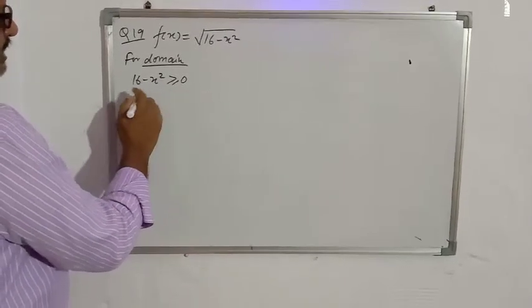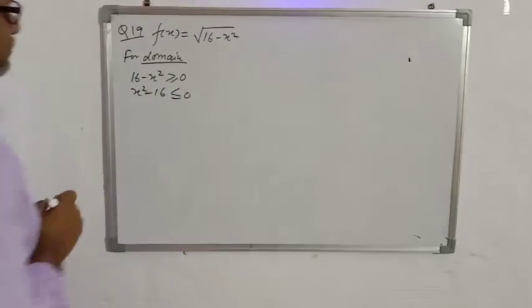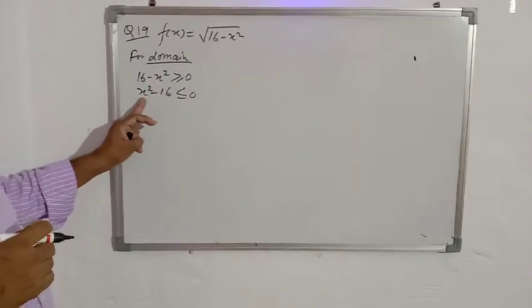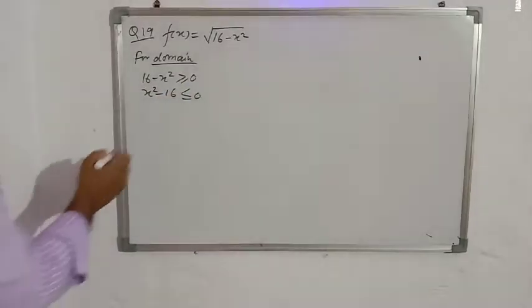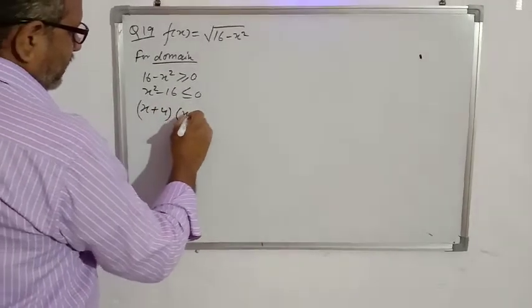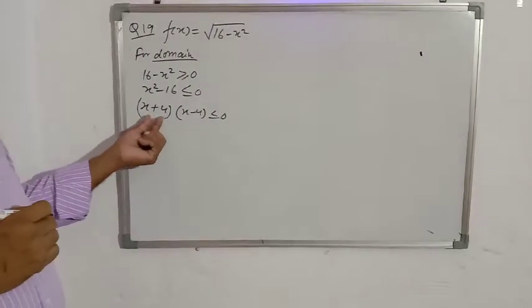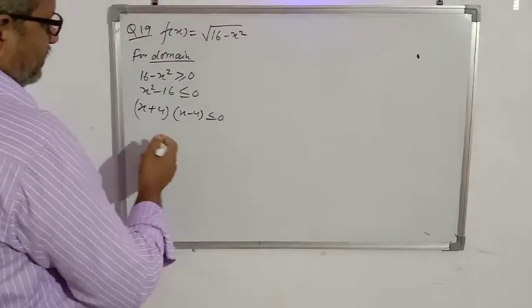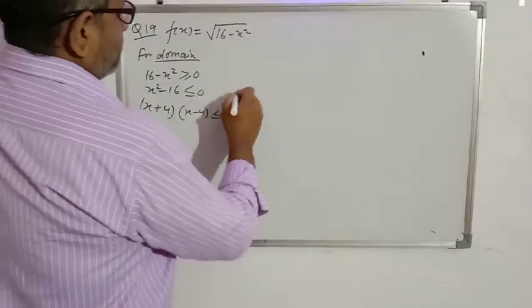Multiply both sides by minus sign. So it will be x square minus 16 less or equal to 0. When we multiply both sides by negative number, minus x square will become positive, 16 negative, and sign of inequality gets reversed. Factorize it. It will be (x plus 4)(x minus 4) less or equal to 0. So product of these two brackets less or equal to 0. So with the help of method of intervals, we can find what are the possible values of x.